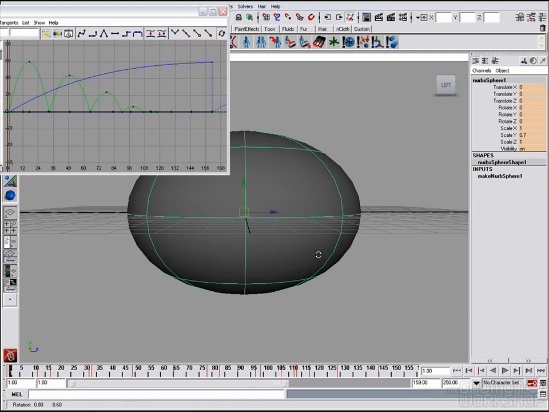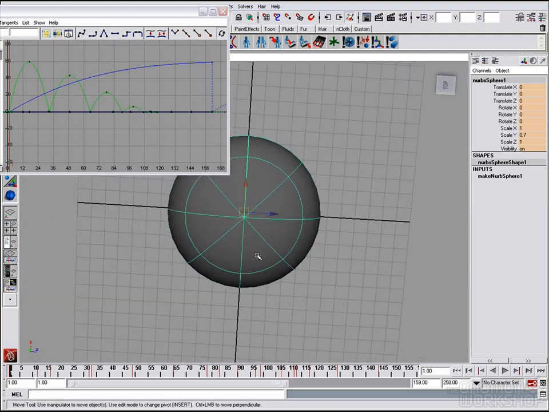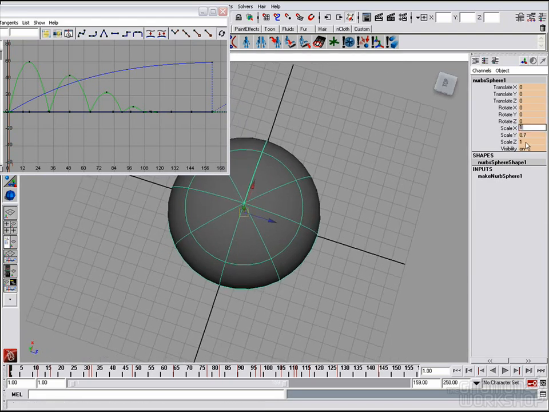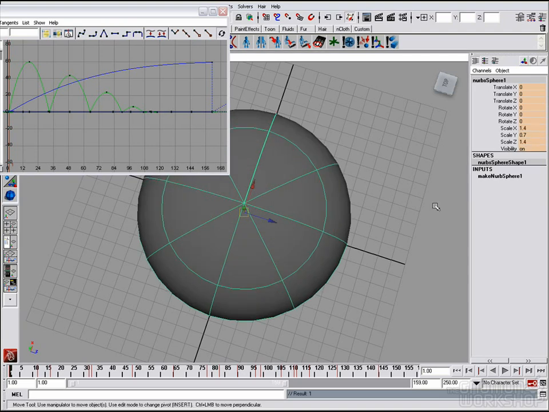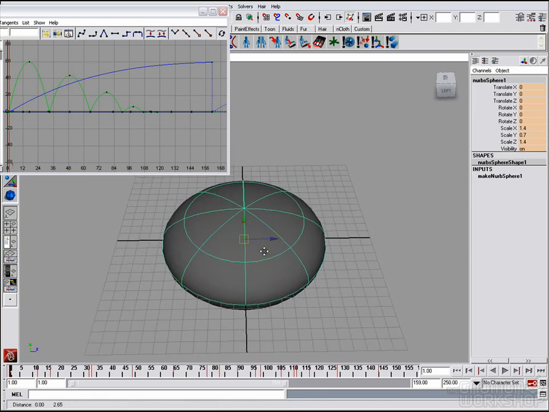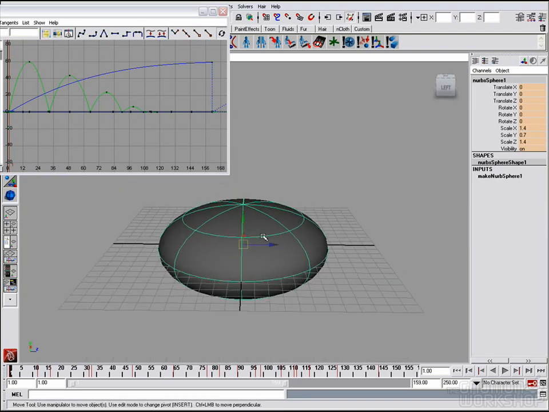F, there we go. So now it's flatter, but it's still just as big on the side, so that means it's shrunk. So what we need to do is pick scale X and Z, control to pick both of those and make those 1.4. Okay? So now it's flatter but bigger around the sides. So basically the idea is it's not shrinking, it's just changing its shape. So we want to try to get the feeling of mass in this ball so that it feels like the ball's not growing and shrinking, just that it's changing shape. Okay, so